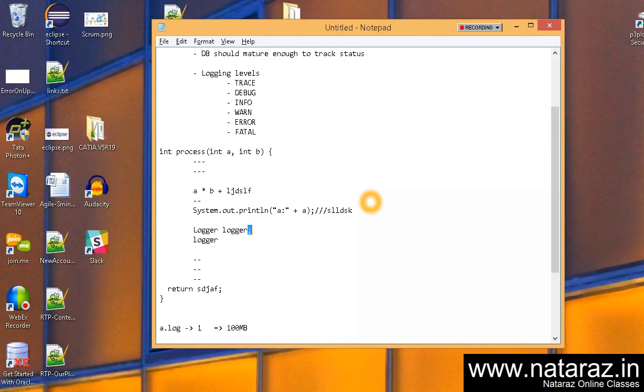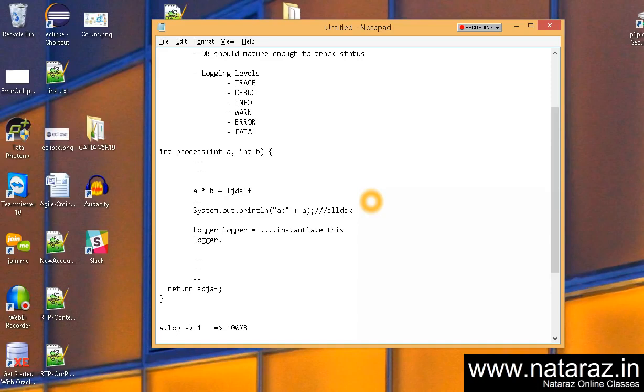We would see practically how you create it, but somehow you create this object and get it instantiated. Once instantiated, in this Logger object there would be methods which help you write data to files,